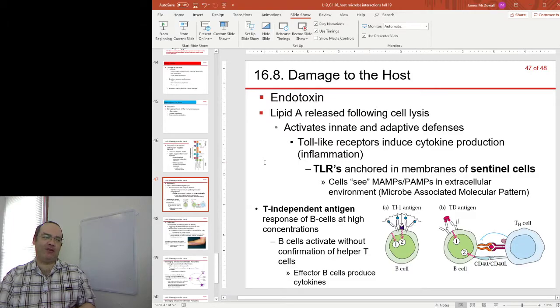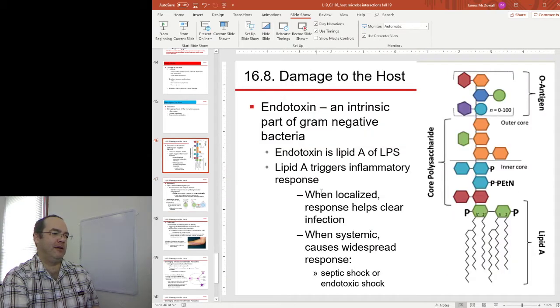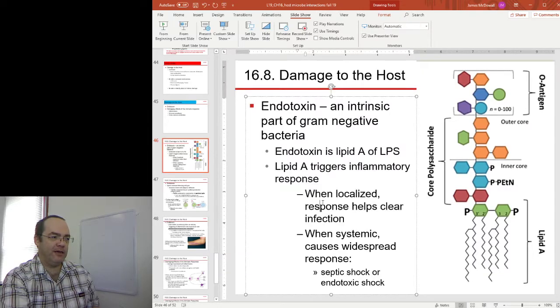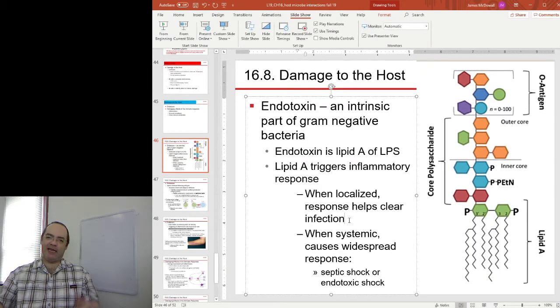T independent antigens include lipopolysaccharide and endotoxin, because it'll activate B cells without the need for T cell confirmation. So this is perhaps a good idea because it means that when bacteria invade and they're gram-negative, very quickly